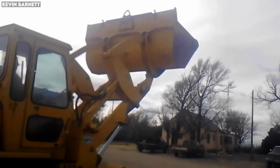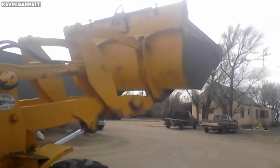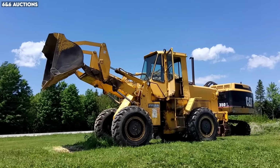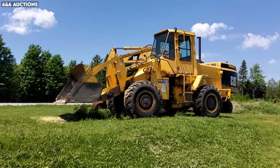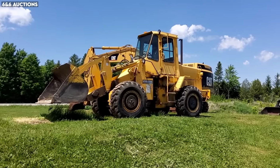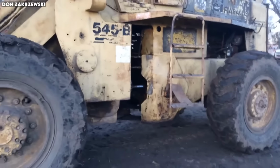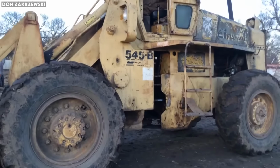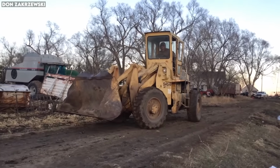One of the biggest reasons for the 545B's long life is its simplicity. There were no advanced electronics, no sensors, no digital controls. Everything was mechanical and easy to repair. Even today, mechanics can fabricate replacement parts, rebuild cylinders, and service the machine without special tools or software. Because of this rugged design,